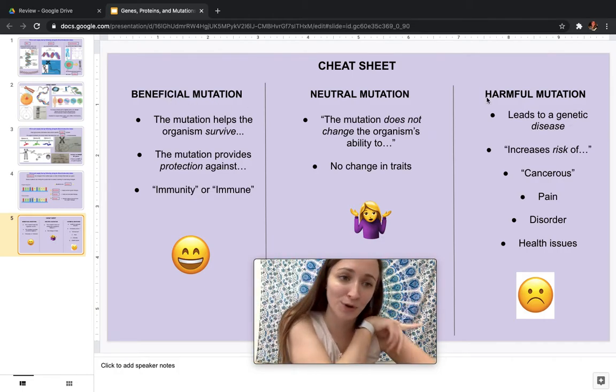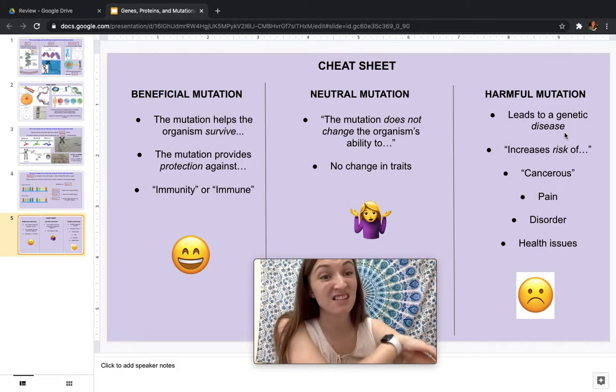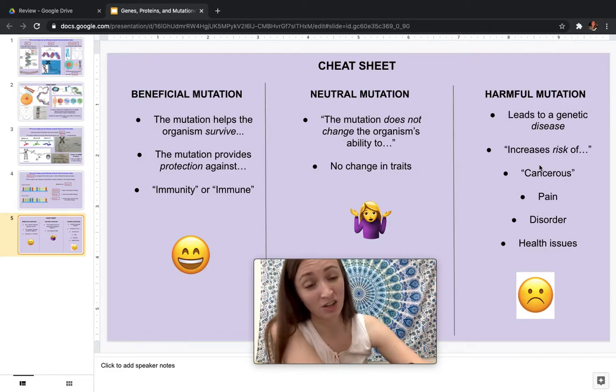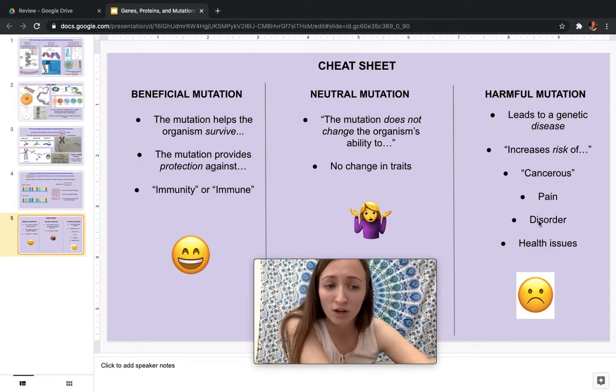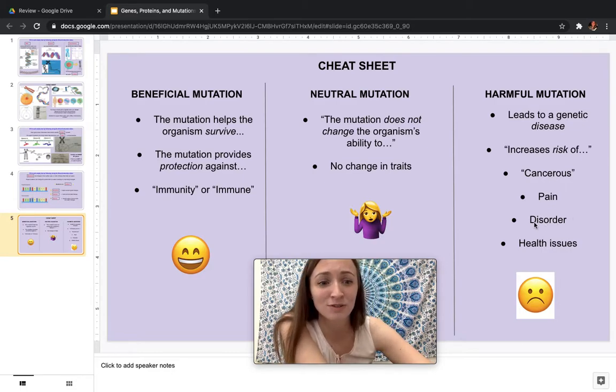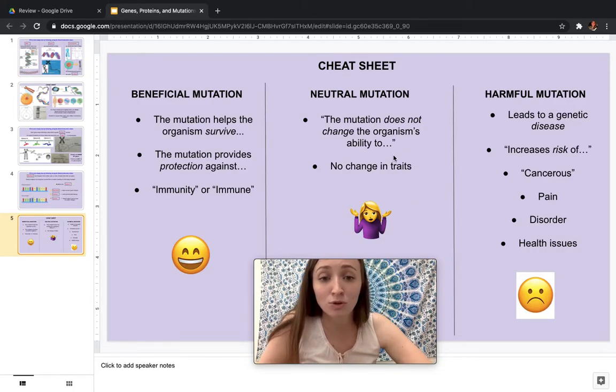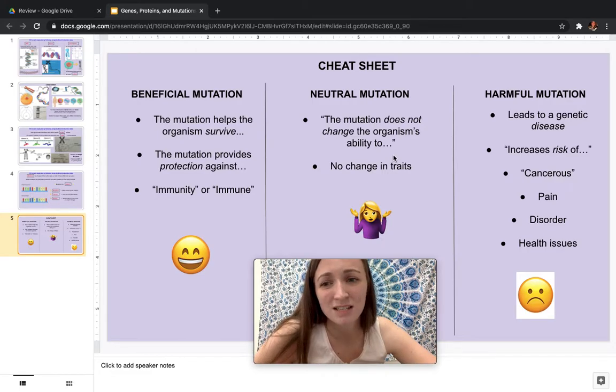On the other hand, I'm going to go over to harmful. You'll see negative words like leads to disease or increases the risk of. You don't want to be at risk of something. Or cancerous, obviously not good, pain, disorder, which is another word for disease or sickness, or health issues. These are not good, so we know we're talking about a harmful mutation. Then lastly, neutral. If you see it does not change an organism's ability to, or there's no change, or there's no effect, it's neutral. It's not beneficial or